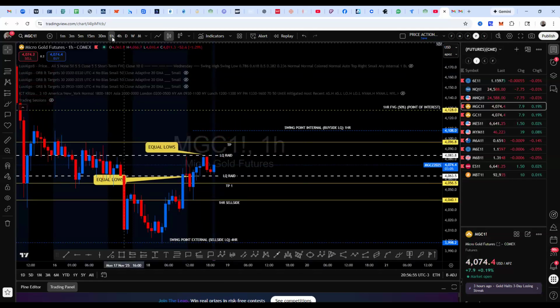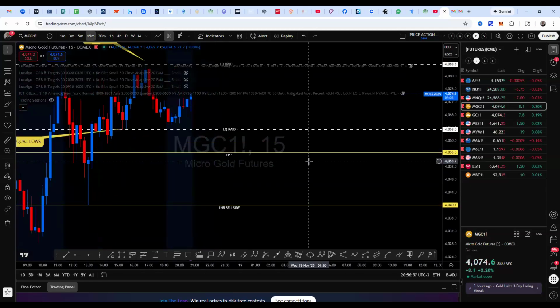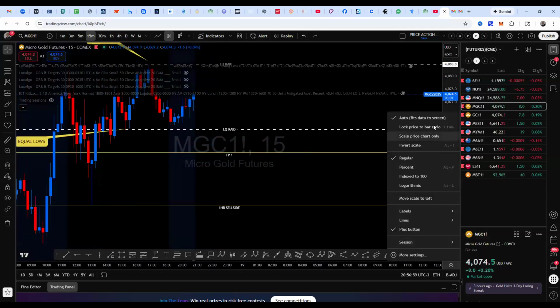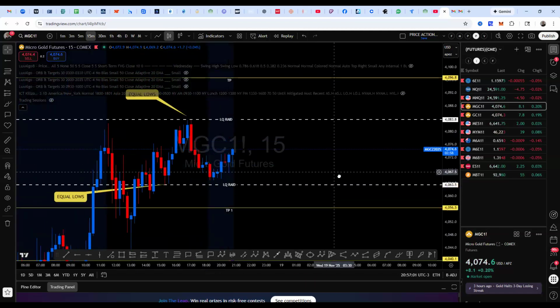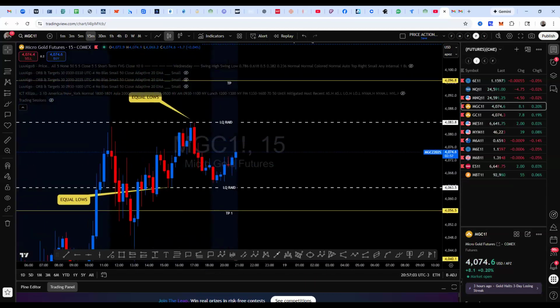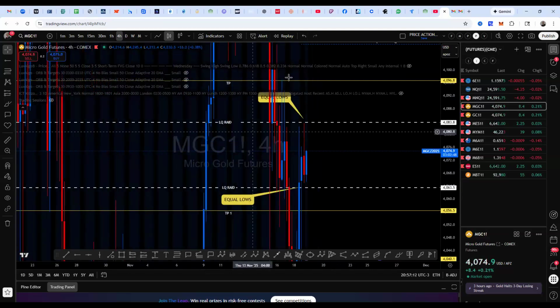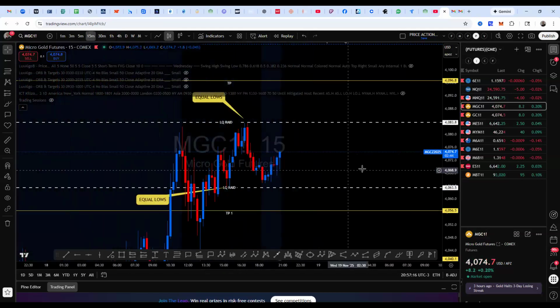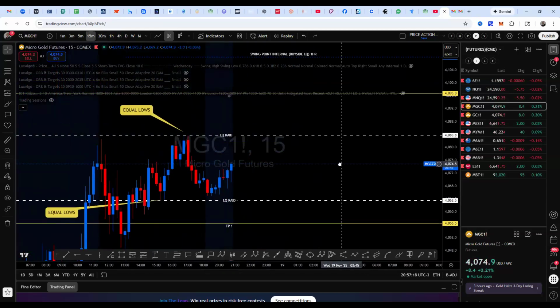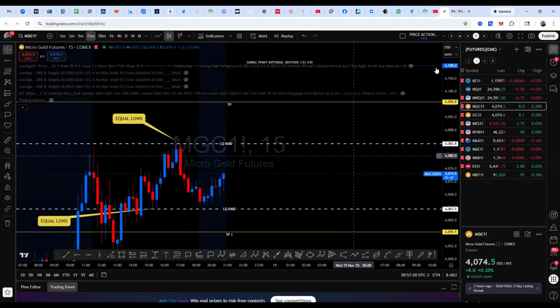So when we go to the 15-minute time frame here, again, we see equal lows here, so I'm going to circle it. We also see equal lows up here. So make no mistake, when we look at the higher time frames, we are overall bearish. So eventually price is going to reverse and go to the downside. So probably what's going to happen here